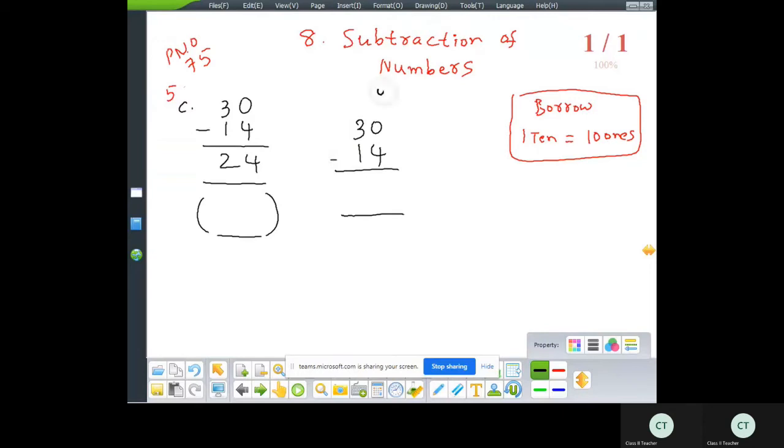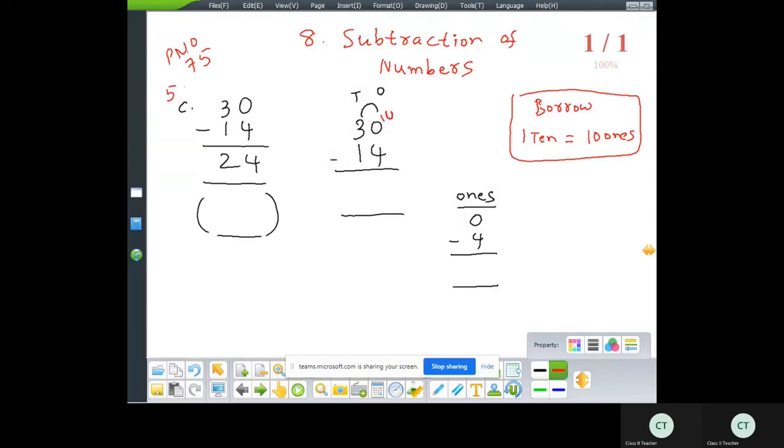Write the place values 1 and 10. Now subtraction on 1. The digits from the 1's place are 0 and 4. We cannot take 4 from 0, because 4 is a bigger number than 0. In subtraction, we take a small number from a bigger number. But here the small number is on top and the bigger number is on the bottom. We cannot take a bigger number from a small number. In this case, we need to borrow from the beside number.